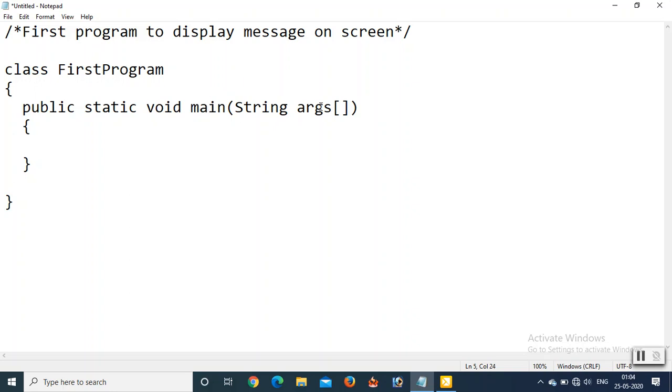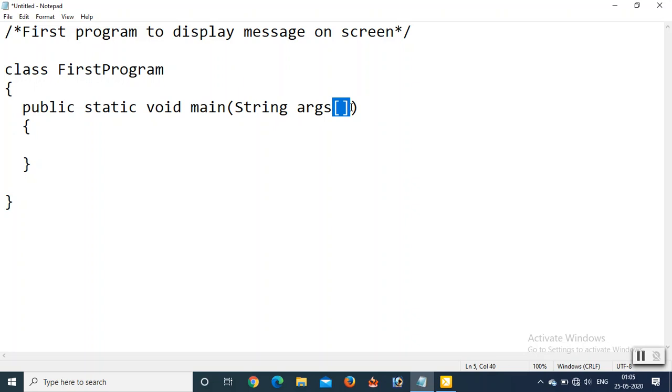And what about the String args? Actually, String args is an argument which is passed inside this main method. Okay. So the argument to the main method must be an array of strings.